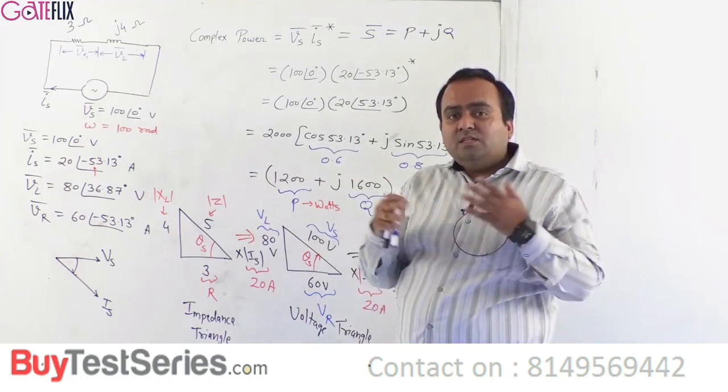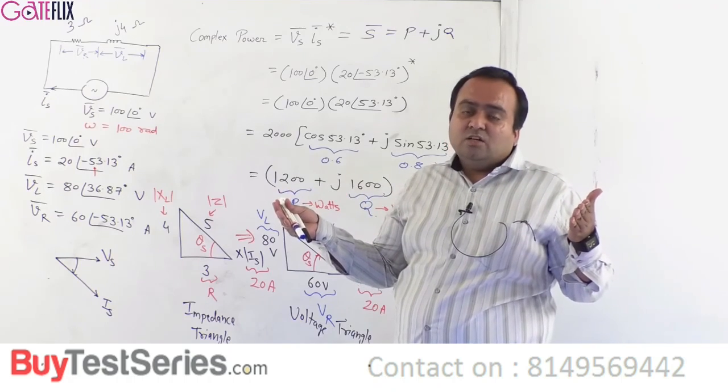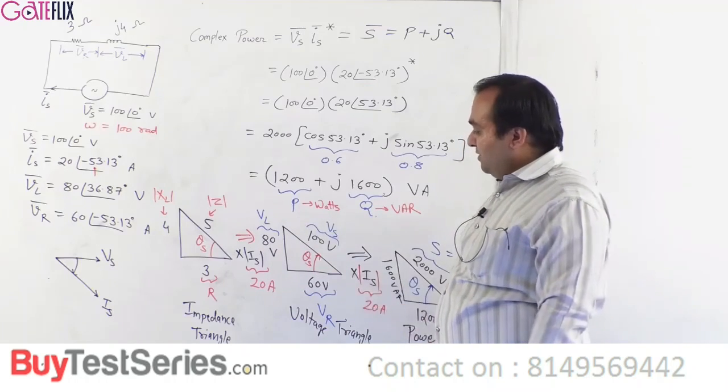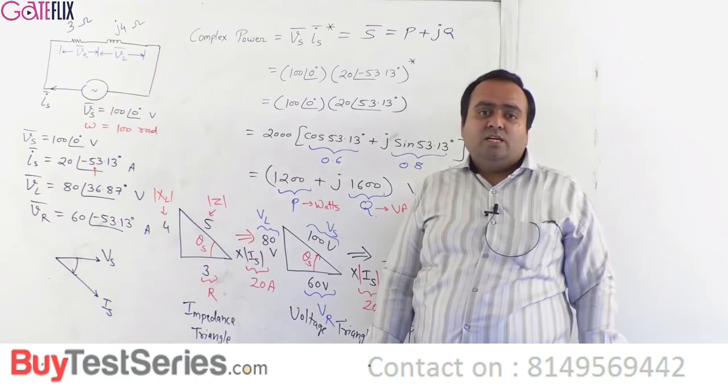So we can represent all the phasors on the phasor diagram and the quantities in the form of a triangle, giving them the different names: the impedance triangle, voltage triangle, and power